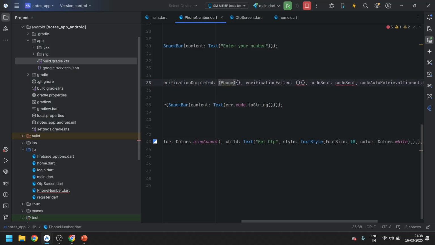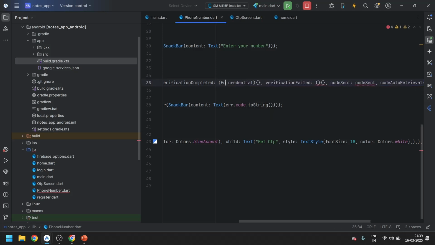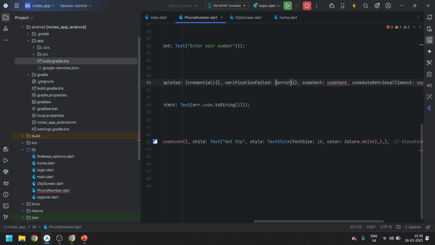Over here, we will write phone credential. So let us put credential over here. Similarly, over here put error.